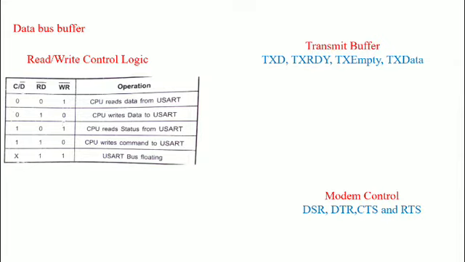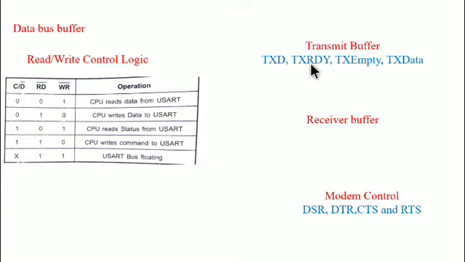When you go to the next one, transmitter empty, this is an output signal. A high on this line indicates that the output buffer is empty. That is a very important one. In the synchronous mode, if the CPU has failed to load a new character in time, transmitter empty will go high momentarily as the synchronous characters are loaded into the transmitter to fill the gap in transmission. What about the transmitter clock? This clock controls the rate at which characters are transmitted by the USART.